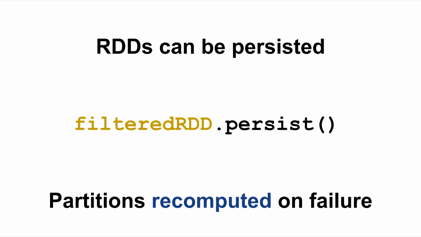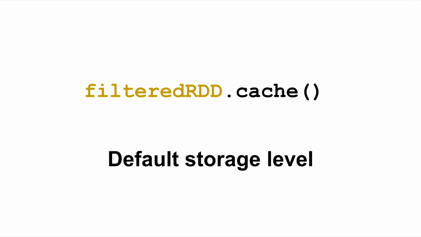And then one of the things, though, is once this stuff now starts existing in memory, you have to be resilient to failures. So if a node goes down, it normally is only holding a portion of your RDD. And so that portion or partition is actually going to get recomputed on the fly based off of that DAG that you've described. So those 3 Lego blocks know how to create that back. There's also another method if you want to use it called cache. This one is just a simplification that says use whatever the default storage level is. So I've used the term storage level. What does that actually mean?